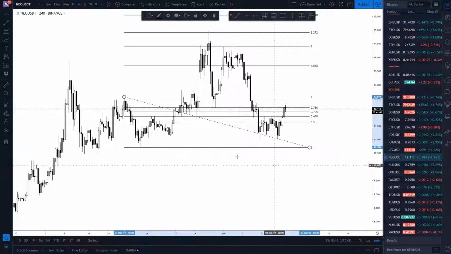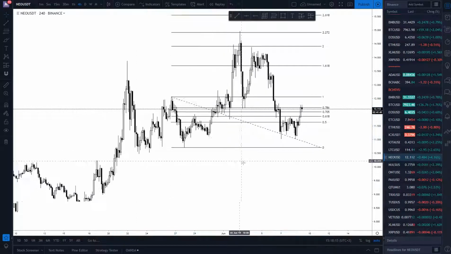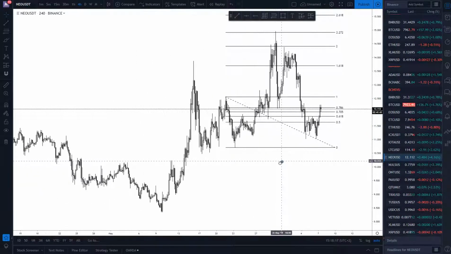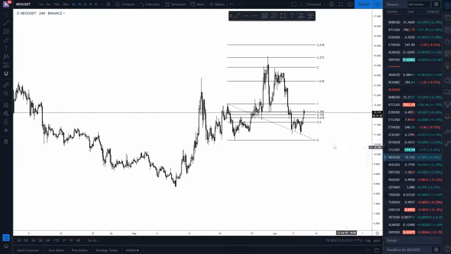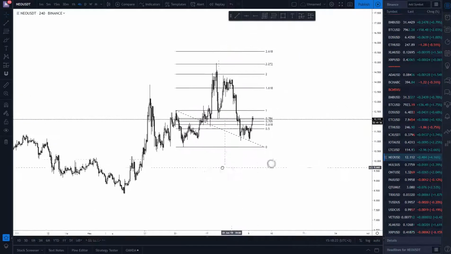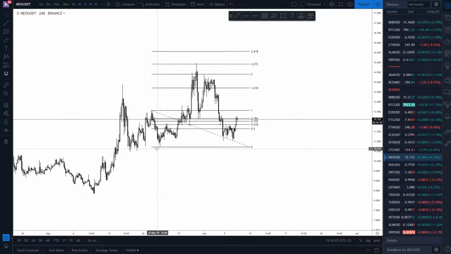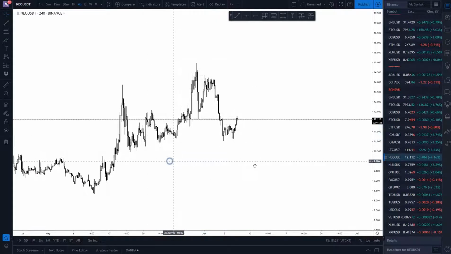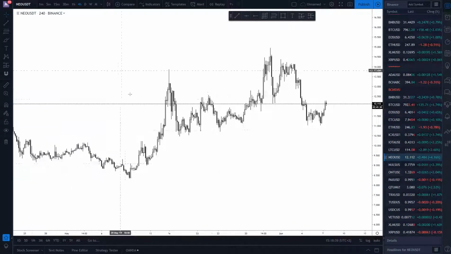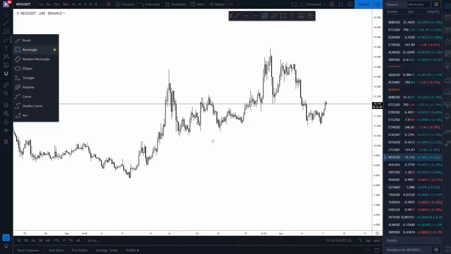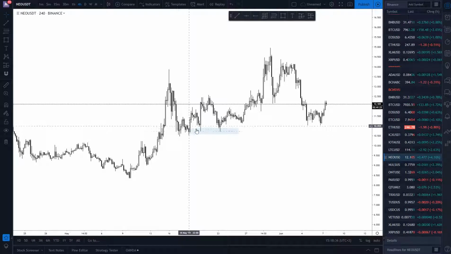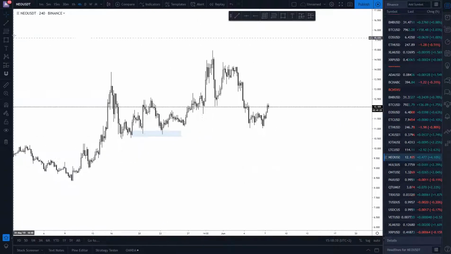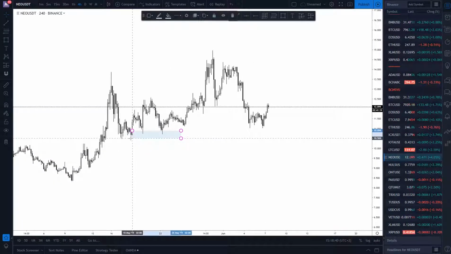And the last example I have here, I think it's the NEO USDT. And yeah, this is all the same thing. You can see right here, we have a demand zone all the way down here. Okay, basically this level is used as a support, and if you are getting in a trade, let's say somewhere here, on the second test,